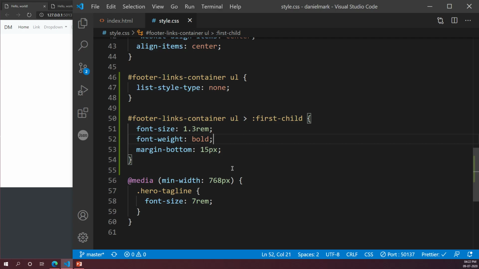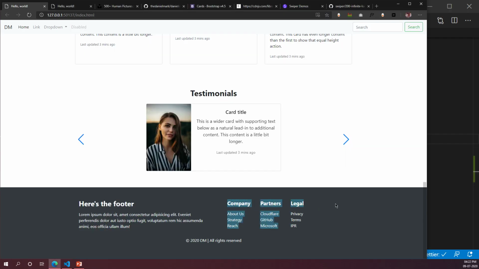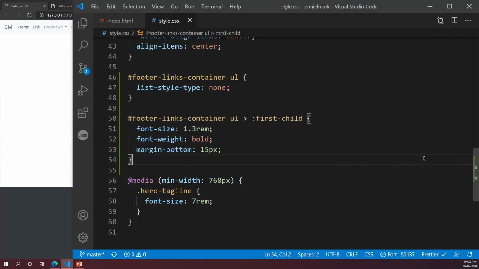So just do this alone, and all your 3 lists headings should become bold. Just do that and let me know. If you guys are confused, just let me know, okay? Once you finish, let me know.